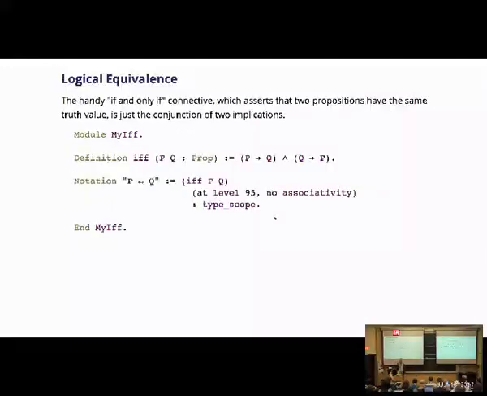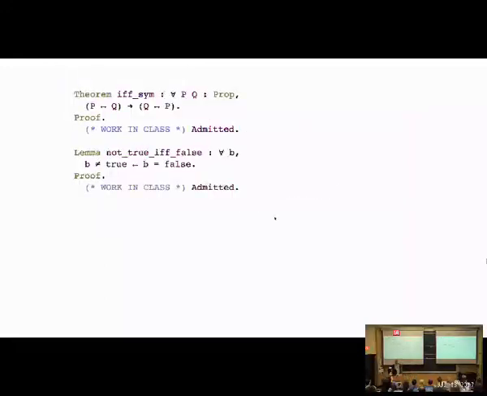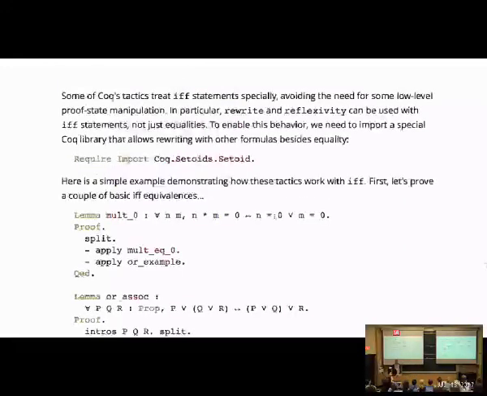Okay, we need if and only if, of course. We have implication in one direction. If and only if is just implication in two directions. So P if and only if Q is P implies Q and Q implies P. There is a little bit of specialness about if and only if. Namely, an